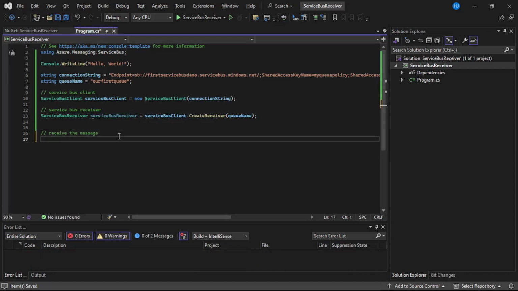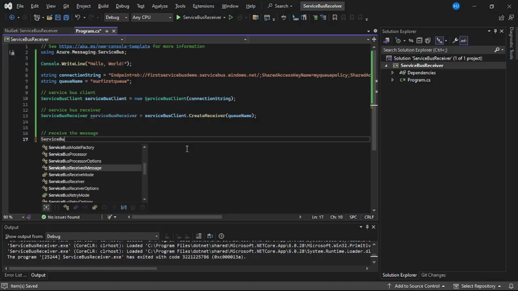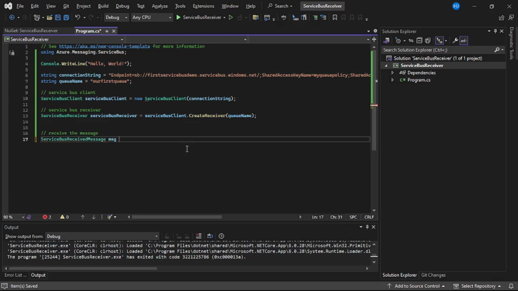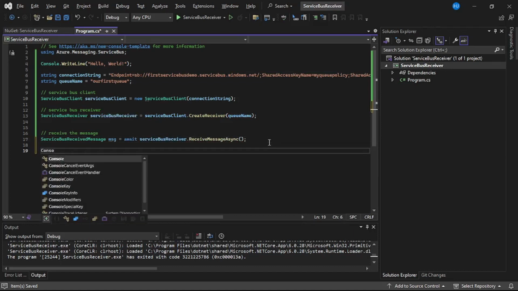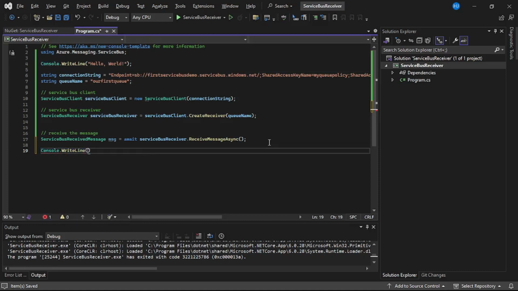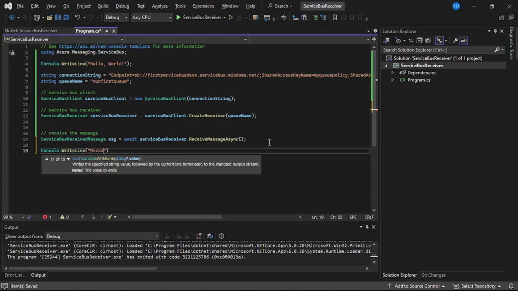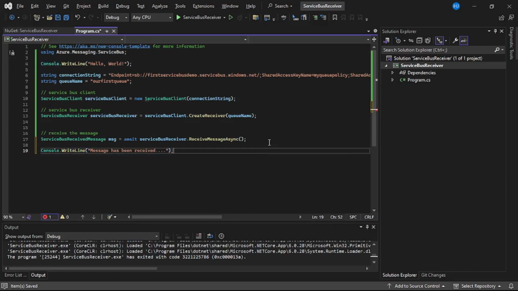Okay, so I will say Service Bus received message is equal to Service Bus Receiver dot receive message async. Let's add await over here, and finally let's say console dot write line, message has been received. So let's add a debugger over here, and before we run this program let's actually cross check in Azure